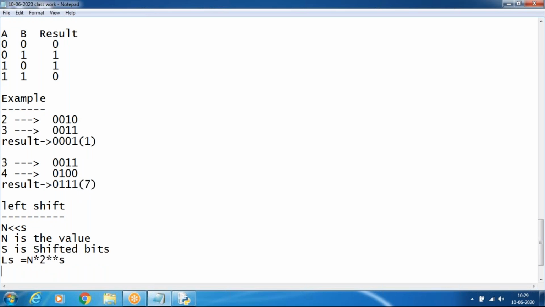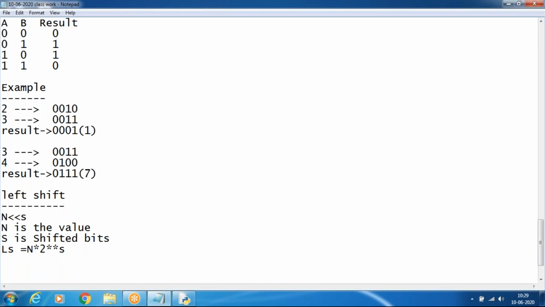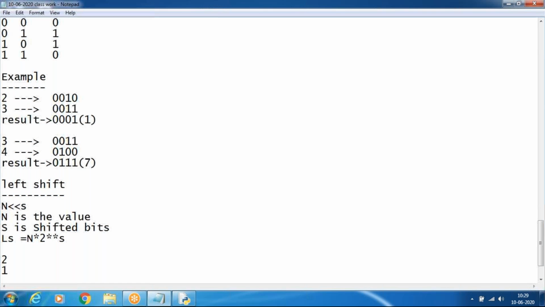So first we will see the n value. For example we will see the 2 power 3 combination. 32 binary value, it's very difficult right now. You see in this, 2 and 1 bit, the shifted bit is 1. I think it's better. So the value is 0 0 1 0. This is the n.